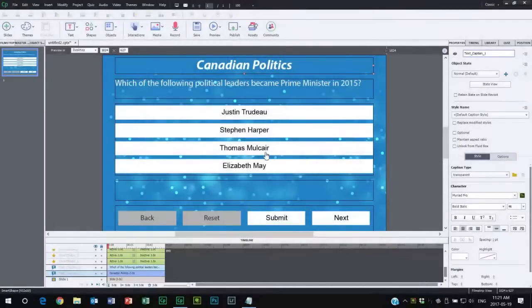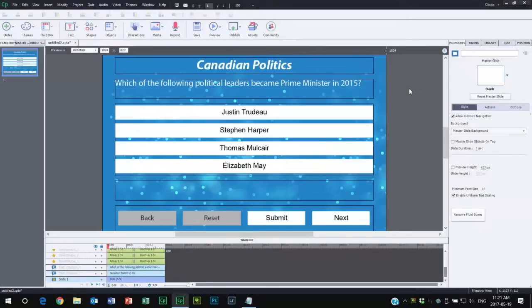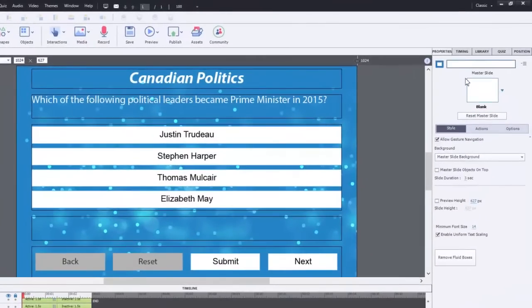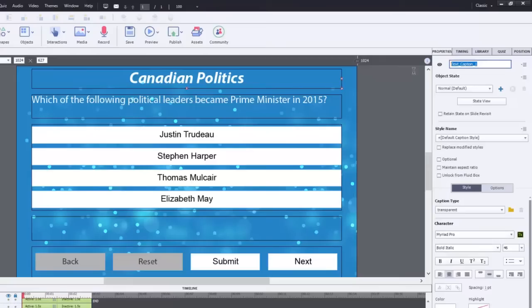Before we start getting into building our advanced actions to create the functionality behind this multiple choice question slide, we do want to take care of some small housekeeping issues. The first thing I like to do as sort of a best practice is make sure that all of my objects have a proper name. Starting with this slide, we can call this question 1. That might be useful later when you're creating a table of contents. The title, we'll call this